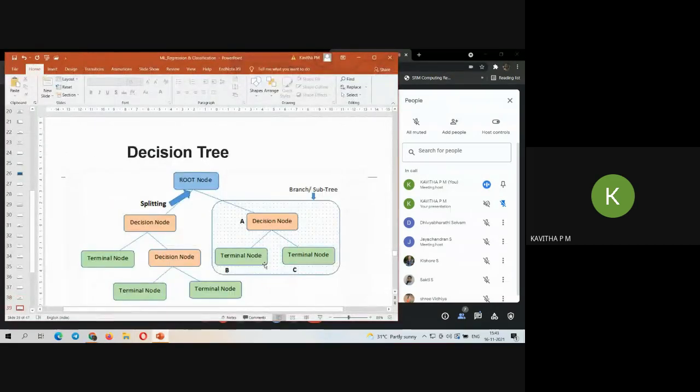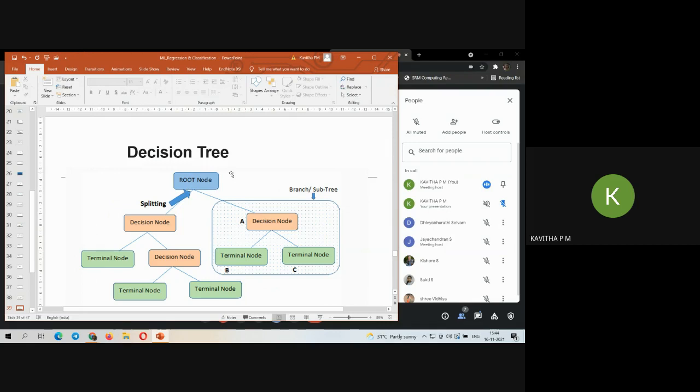So next, coming back to decision tree. This is also one more classifier. In this classifier, we'll have branches, and based upon the branches we'll be selecting. For example, this is the root node, and next we'll have the decision nodes, say decision node A and decision node X. If I opt for decision A, again I'll go on to the next sub nodes, which are A, B, and C. If I select B, this B will act as a decision node, and the sub nodes will act as terminal nodes.